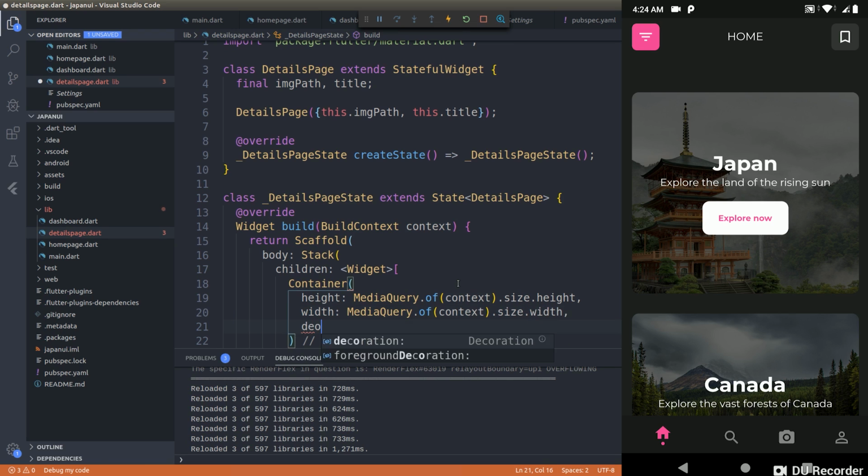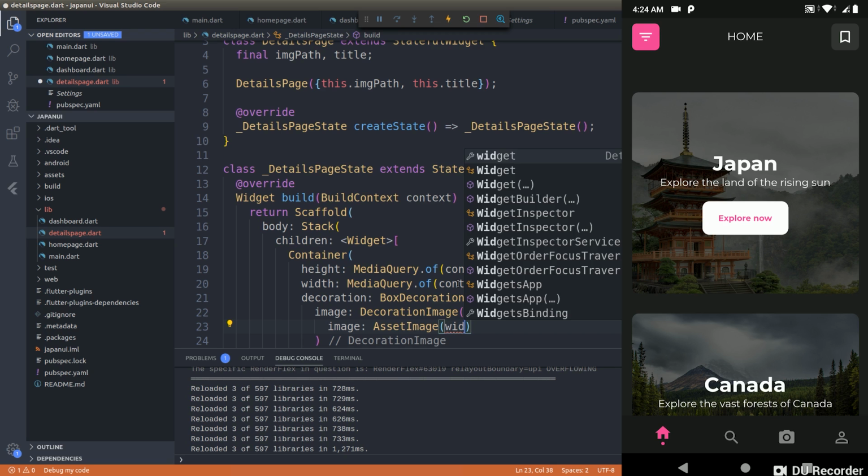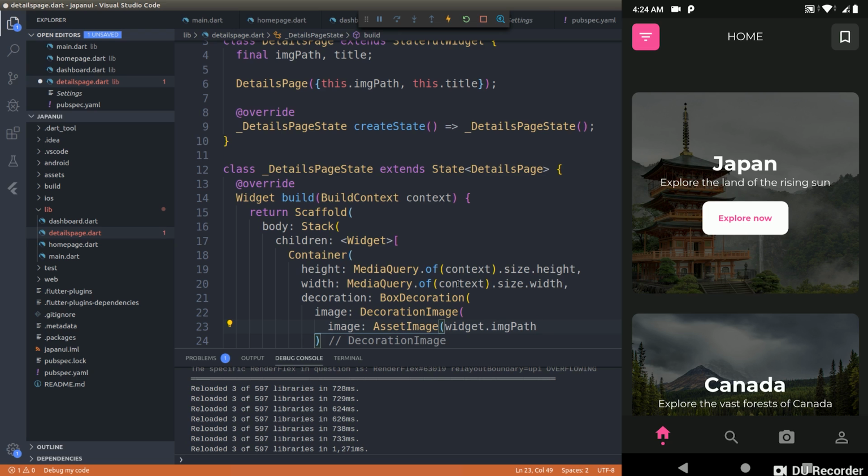All right, and decoration. Widget dot image path, file, fit, box fit dot cover. Fine. Now that this is done,